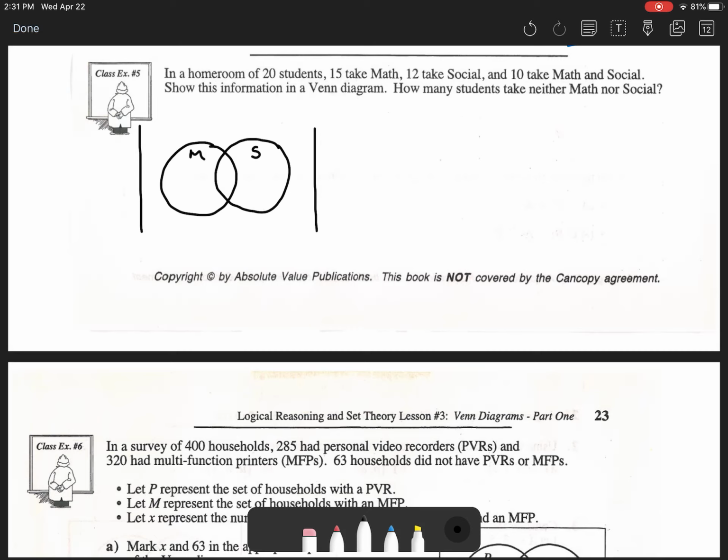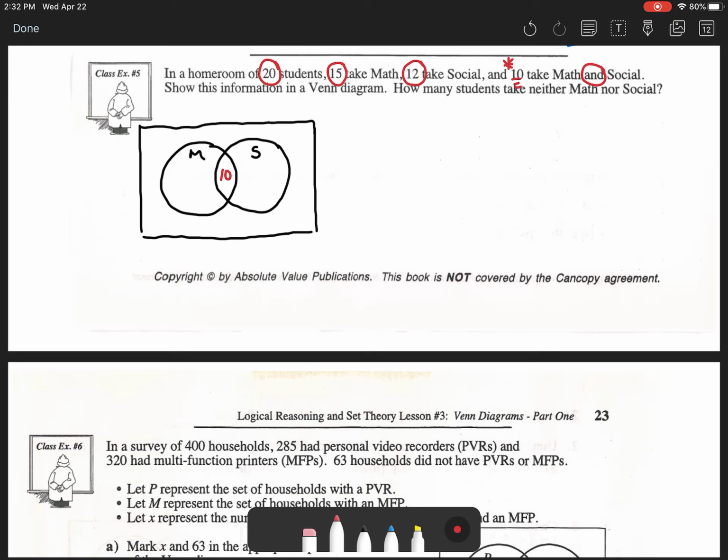So I am going to draw one circle for each of those subjects. Here's mathematics, here's social studies. Whatever I end up doing here, I'll make sure that all the information is contained inside this universal set, or this rectangle that I've drawn. So there's the scenario. Now here are the key numbers. There are 20 students in the class. There should be 15 in the math circle,